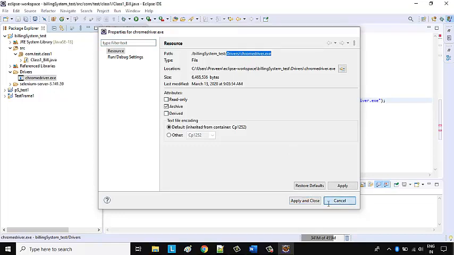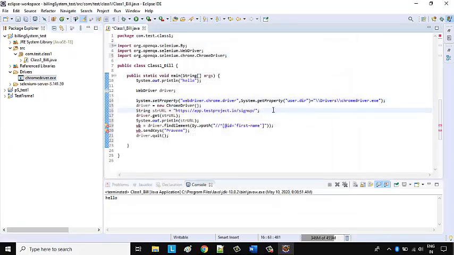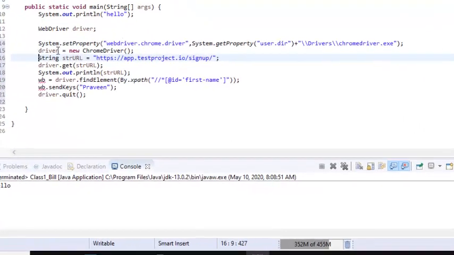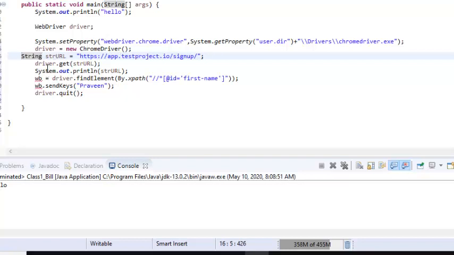Okay, fine. So now driver equals new ChromeDriver; we have initialized the driver. Then this is the string value we have defined. It contains the application that we are going to launch.